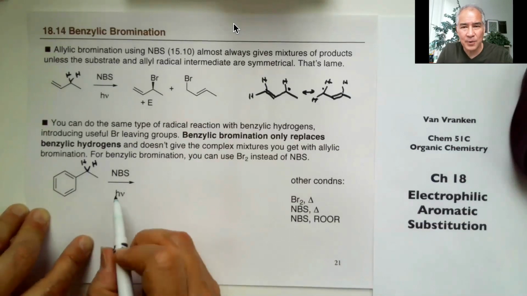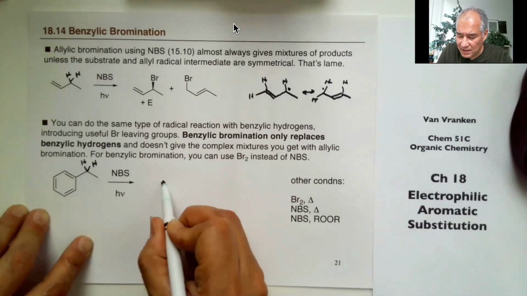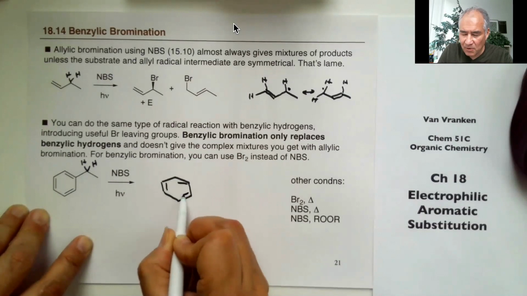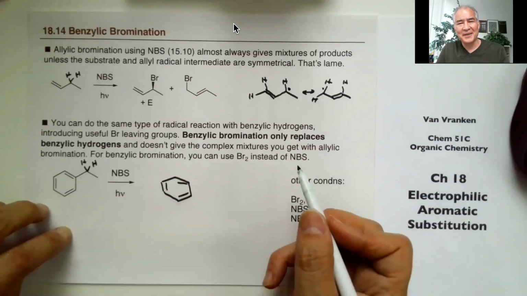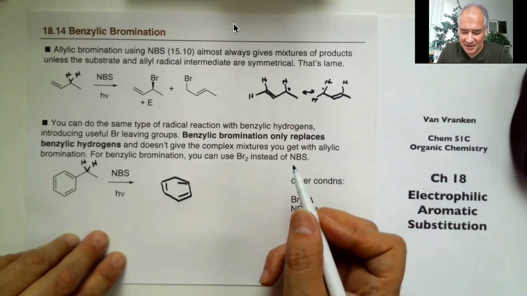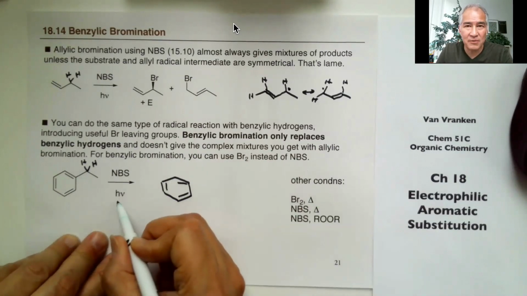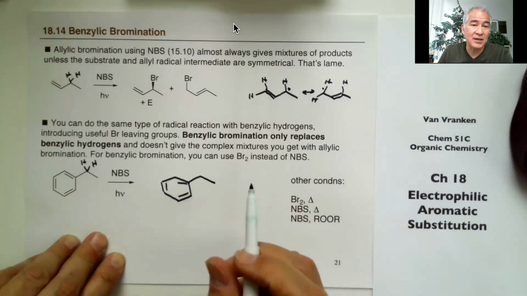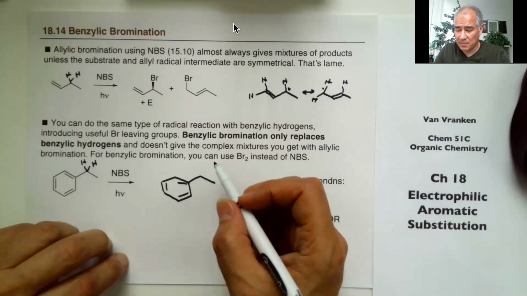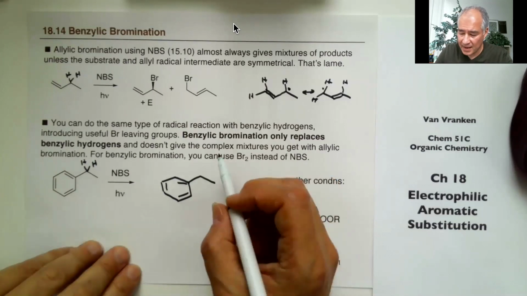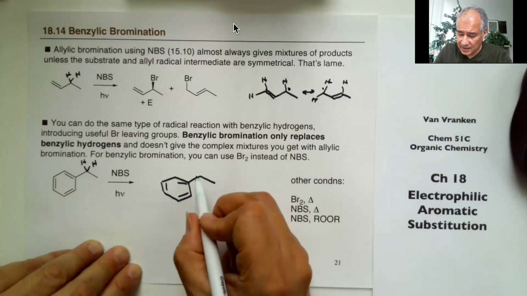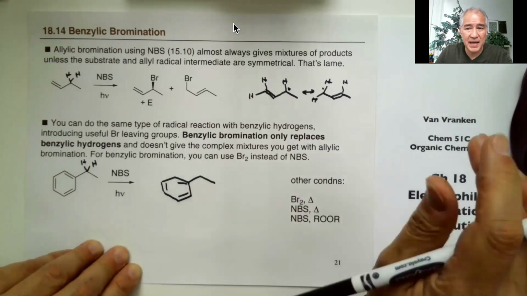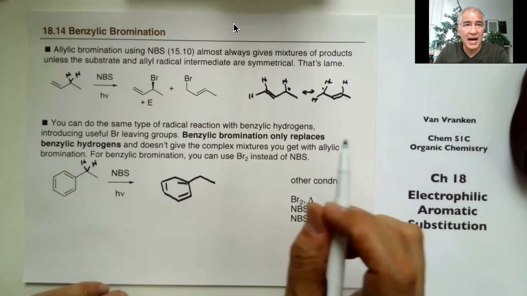with heat or with peroxides, well, that's really frustrating to me that they give you 3 sets of conditions: light, heat, or peroxides, and they don't tell you which one is better. That's crazy. Why don't they just tell you one set of conditions? I only wrote one, but if you wanted, you could write high temperature, delta, or you could write peroxides. Oftentimes they use more than one combination of those, like peroxides and light. When you do that reaction, you substitute one of these benzylic hydrogens for